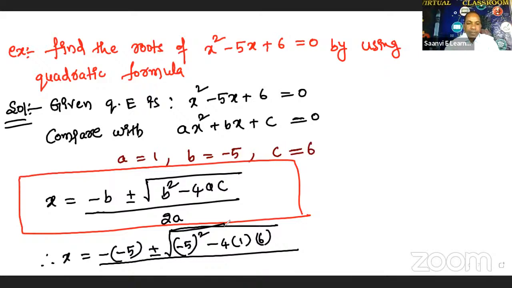By 2a. 2a means 2 into what is a value? 1. A value is 1. So now we have substituted the values in the formula. So when we substitute the values in the formula, x is equal to